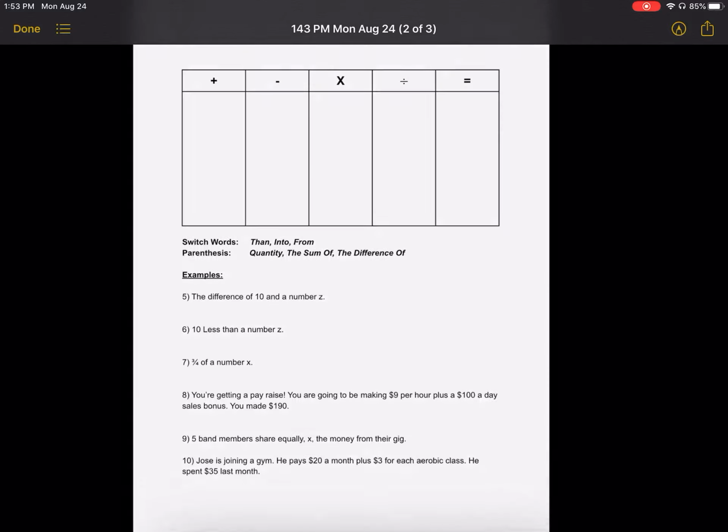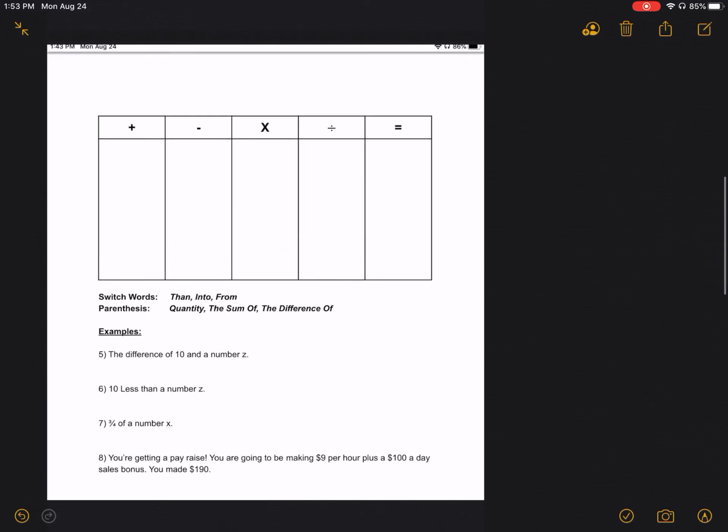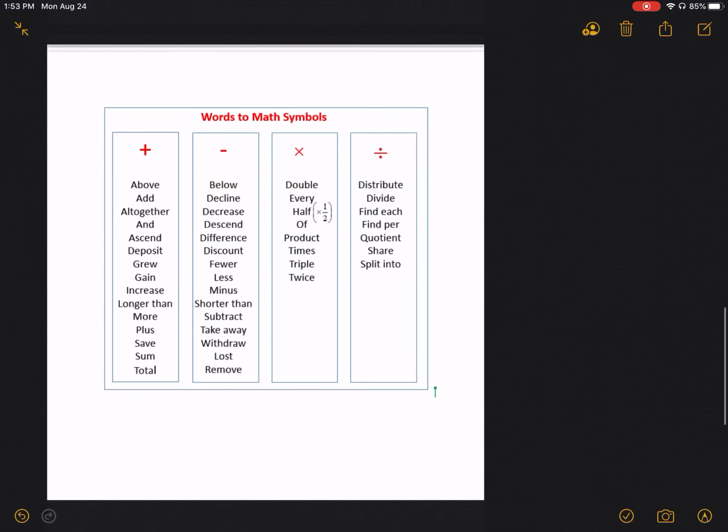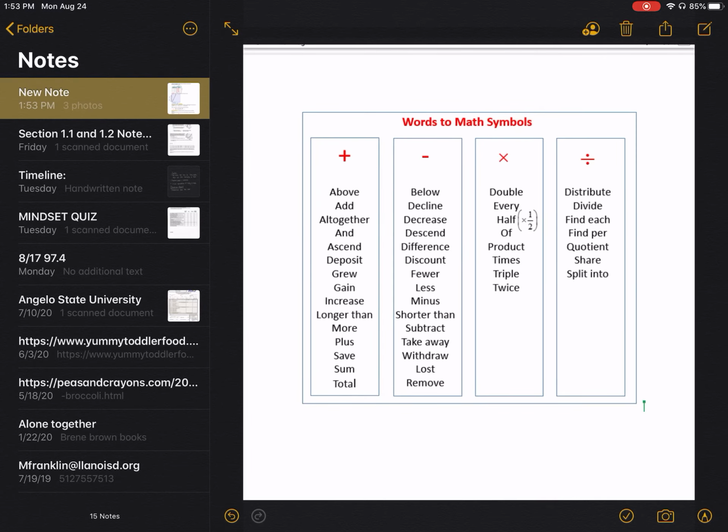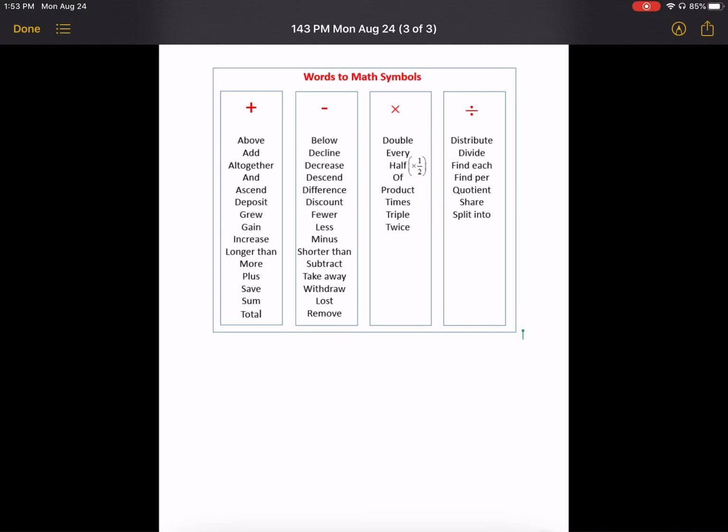Okay, so if you actually look at the end of this, here's a list of a bunch of words for each of these symbols. So you can pause the video and write down all of these words in your boxes along with the ones that you wrote yourself. And what we need to do is look at these words and know that they go with these certain symbols